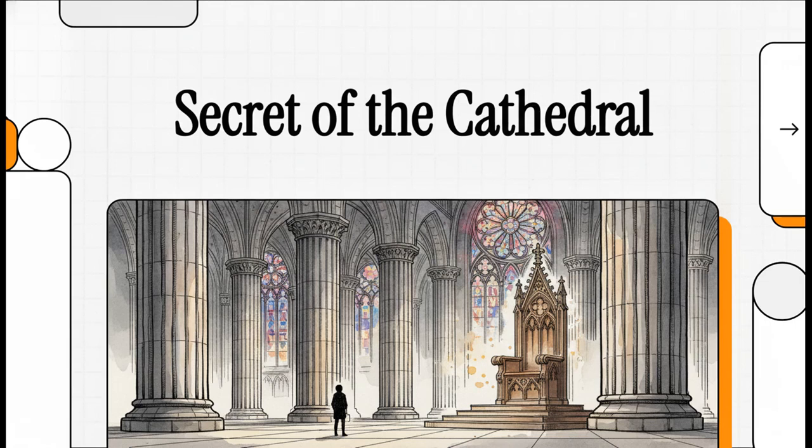All right, let's jump right into this explainer by looking at a totally fascinating architectural mystery, one that's actually hiding right in plain sight inside some of the world's most famous buildings. Now, if you've ever walked into a massive, historic church, you've probably been completely overwhelmed by the sheer scale of it all, right? You look up, you take that obligatory neck-craning selfie with the rose windows, and you just feel